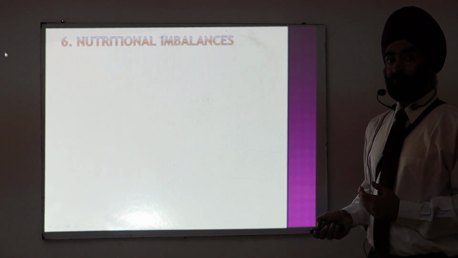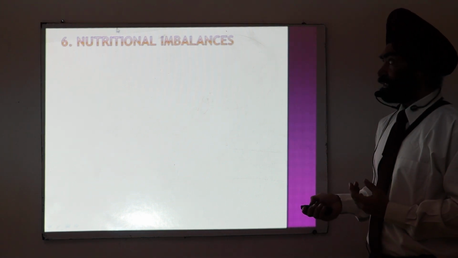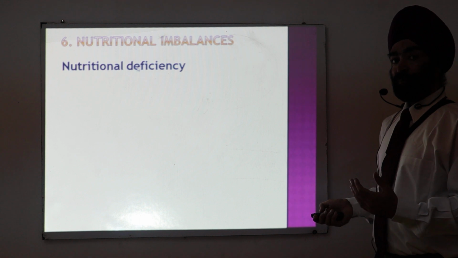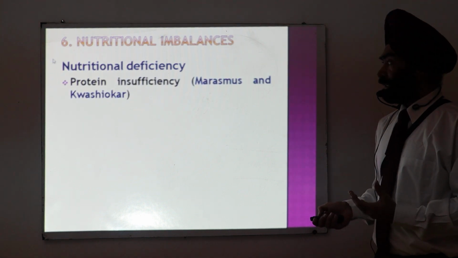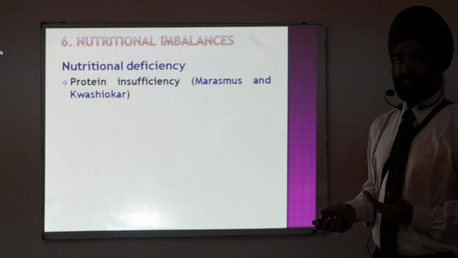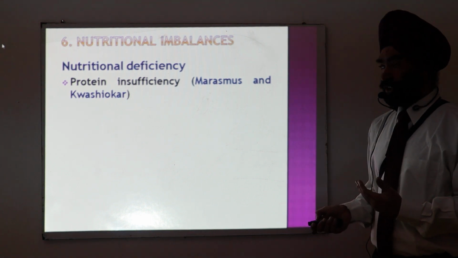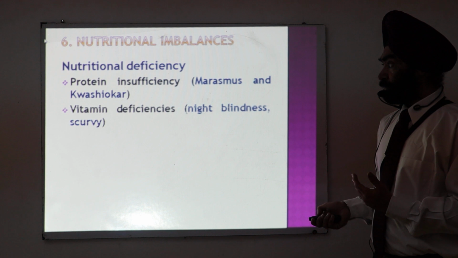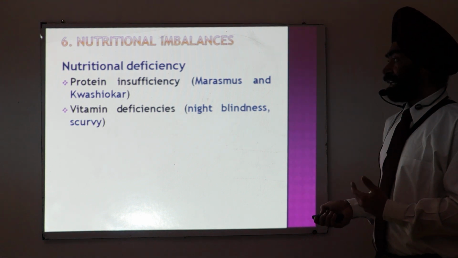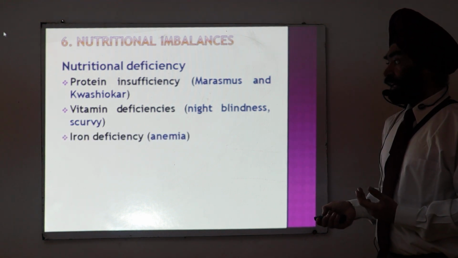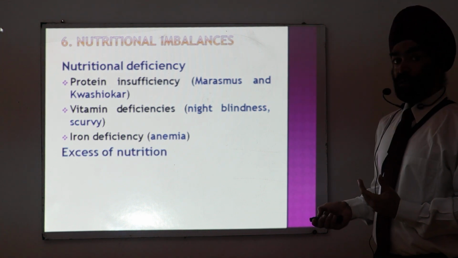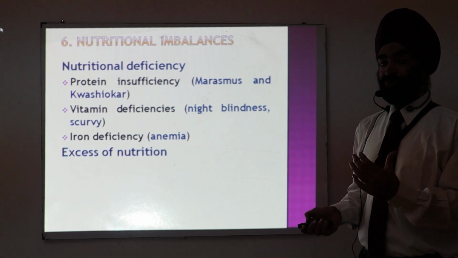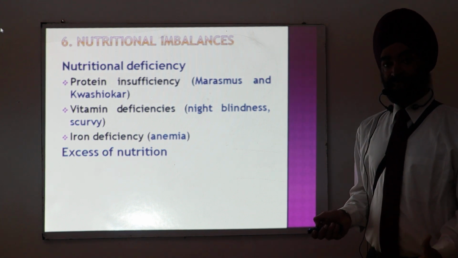Now, diseases can take place because the nutrition is not balanced. There can be nutritional deficiency, like protein is not there. It can be manifested in the form of marasmus, kwashiorkor, vitamin deficiencies like night blindness, scurvy, and iron deficiency, which is manifested in the form of anemia. But you have to remember, it is not just the deficiency of the nutrients. If excess of nutrients are